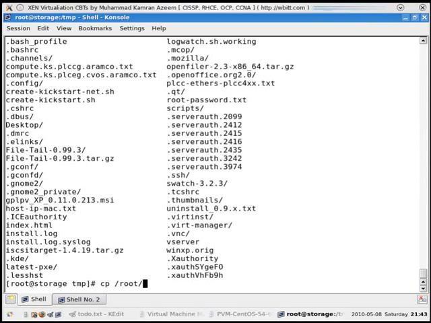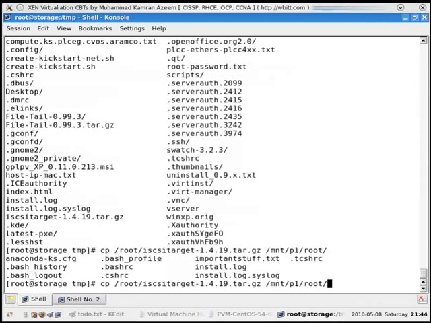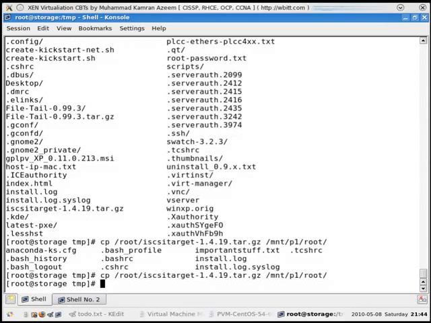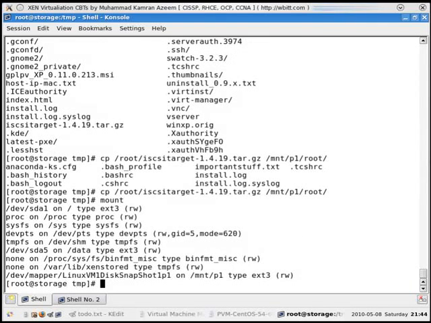This is difficult at times. Okay, let's copy iSCSI target to /mount/P1 root. This directory doesn't have iSCSI target, so I just copy it here. Done. You all agree? Okay, and it's mounted. Done. Okay, so now you umount